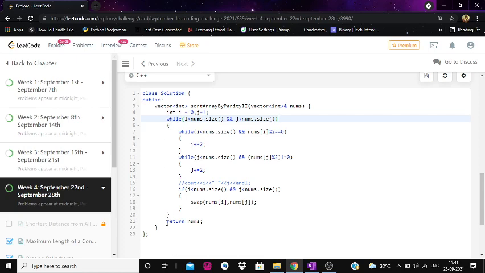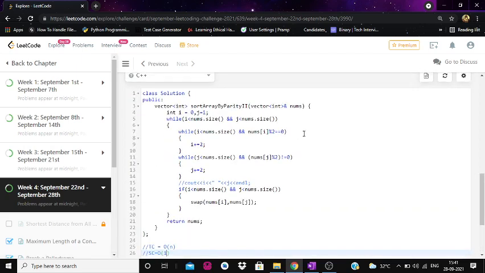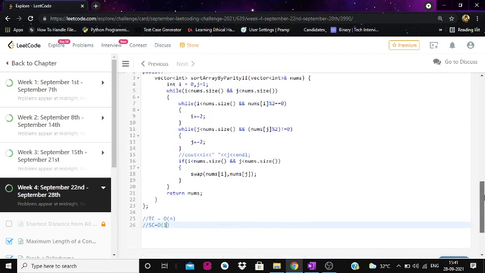After this, we'll be updating our nums array in place, and then we'll get this particular solution. We can discuss time complexity as order of n, because you are traversing the array only once, and space complexity order of 1, since we are not making use of any extra array that we used previously.